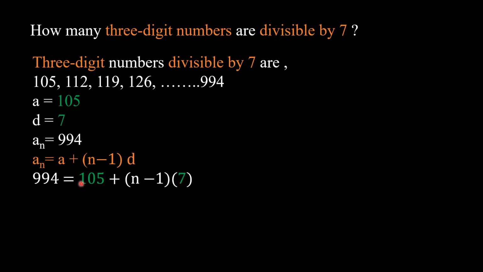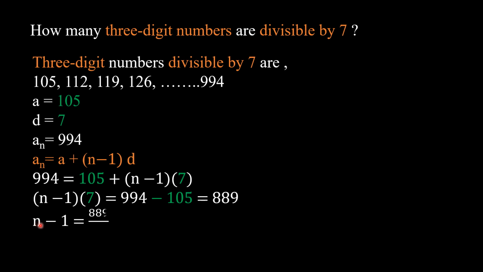We will take this 105 to the left hand side and write (n minus 1) into 7 equals 994 minus 105, which will be 889. Now we will divide 889 by this 7 and write n minus 1 equals 889 divided by 7, which will be